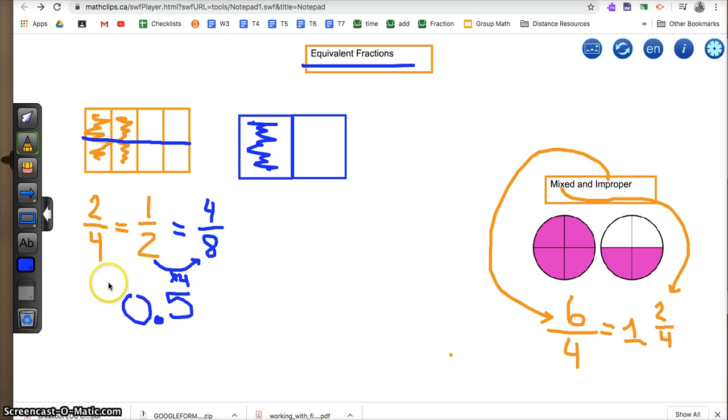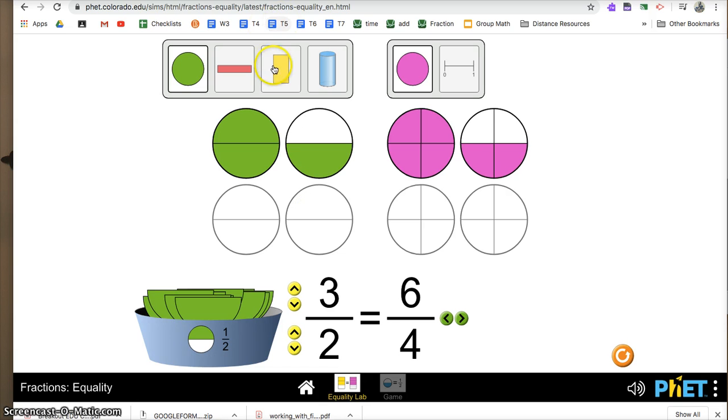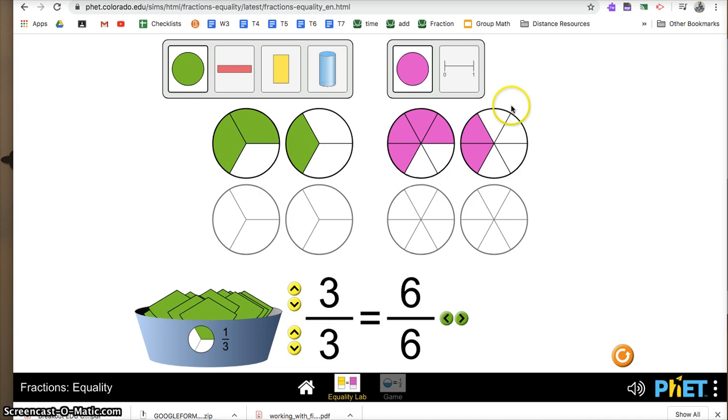Okay, think about that multiplication rule. Still not sure, so let's do some playing around. So the equality lab is where you get to play. You can use circles, and you can see here is the example I started with, 6/4 is the same as 3/2. I can change the denominator to be 6s,